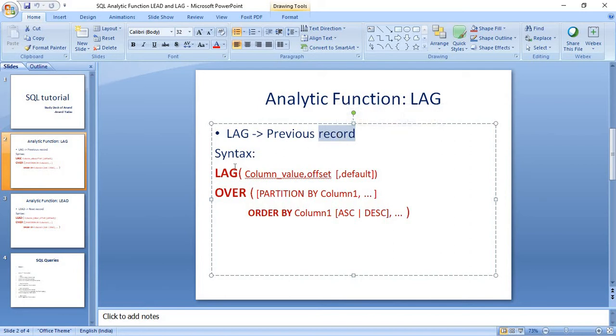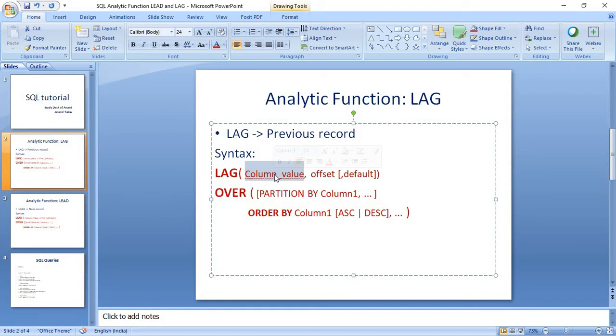The syntax looks quite complex, but don't worry, I am here to make it simple. LAG is an analytic function and it accepts three parameters, separated by commas. The first parameter is a column value or any expression.